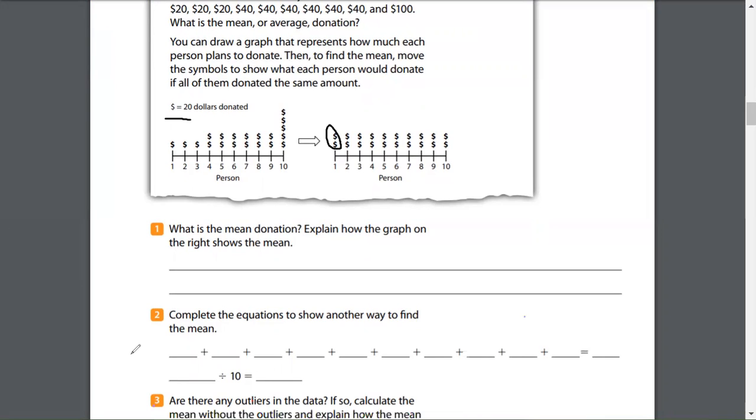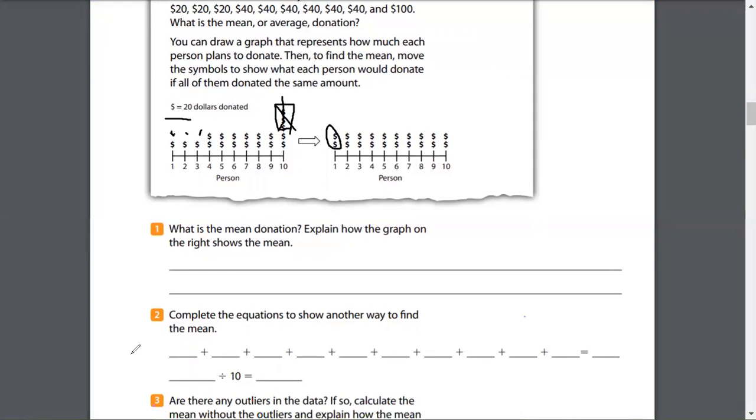So, and that's how they show it. What they did, the reason they got to this graph in the first place, is because they counted all the dollar signs that they had. The person who donated $100 had 3 extra dollar signs, 3 more than really everybody else. They took his dollar signs and they put them over here. So now there's an even number of dollar signs distributed among all 10 people. That's how we got to our new graph. And so they just have $40 among everybody.